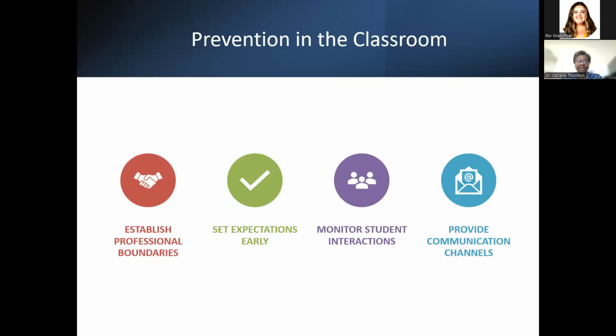When we're in that educator role and there are students, there are certain professional boundaries that must take place, and we have to adhere to those standards. Establish them early, stick to them, so that everybody can have a safe working environment, a safe learning environment that's free of harassment, that's free of inappropriate behavior.